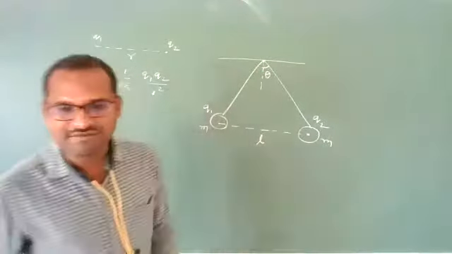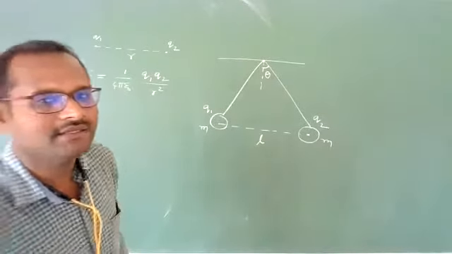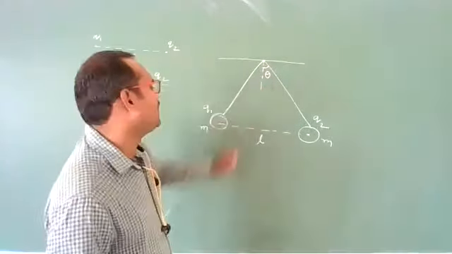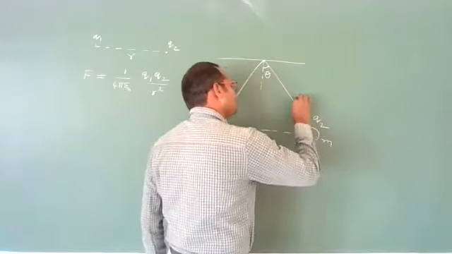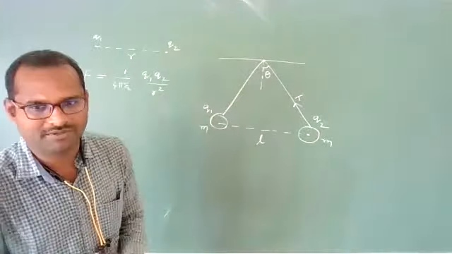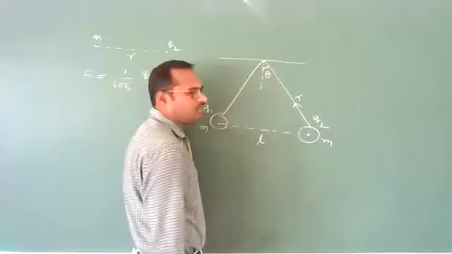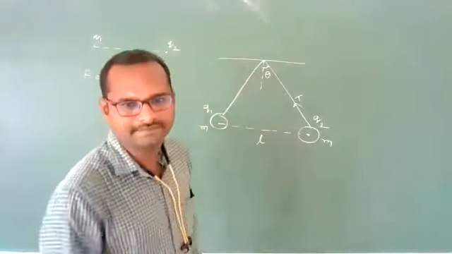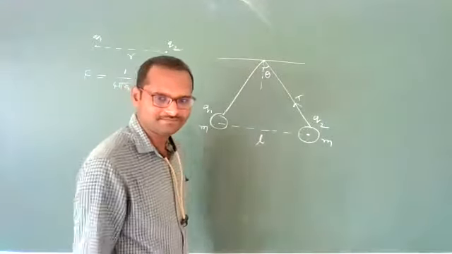So in equilibrium position, when they are in this state, what will be the angle it is making, or what is the tension in the string which is suspended here? How much tension will be there? These are things they may ask you. So how to solve that problem? Simple technique: draw the free body diagram, FBD, and you will get the answer.